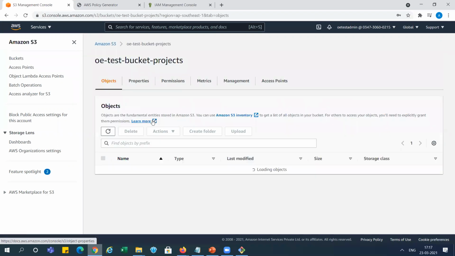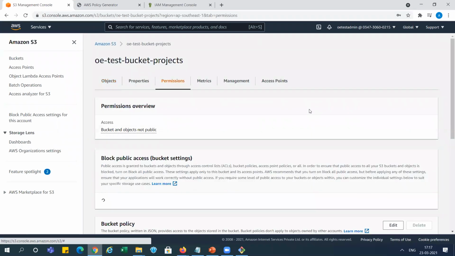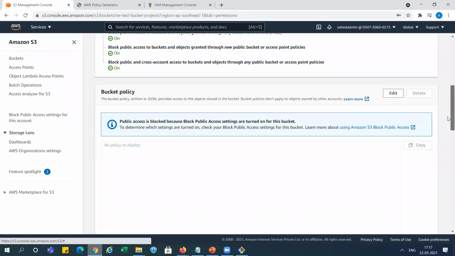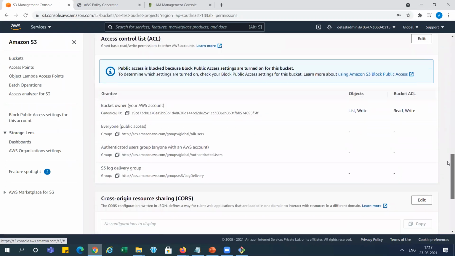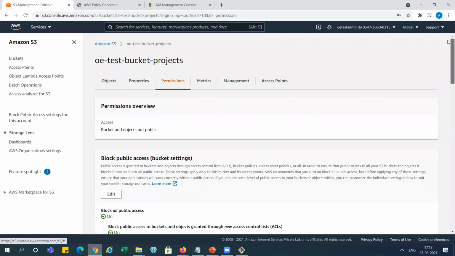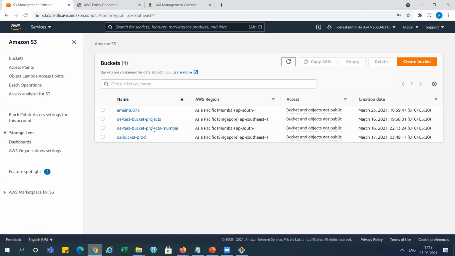You can see here, if I go over there, we don't have any bucket policy, right? And also we don't have any ACLs, right? So both buckets don't contain anything. So we will access both buckets via the role, right?